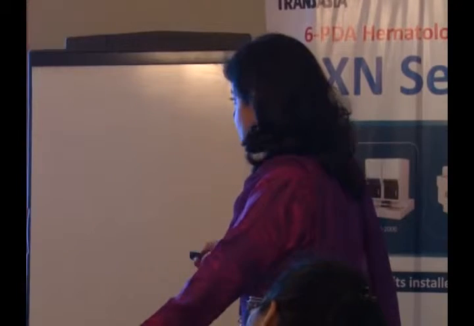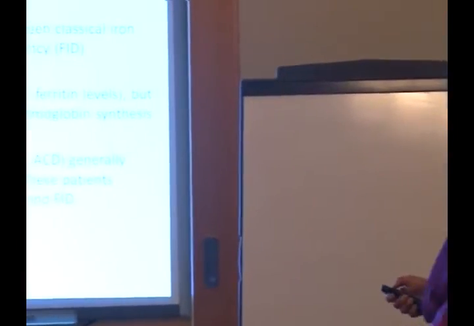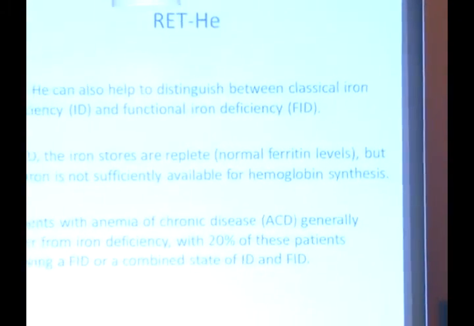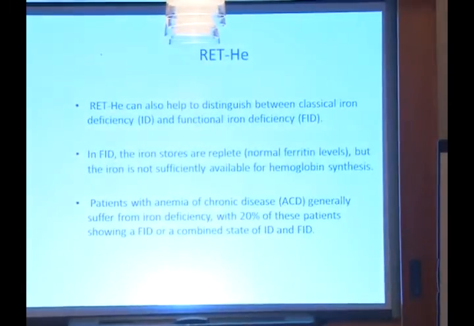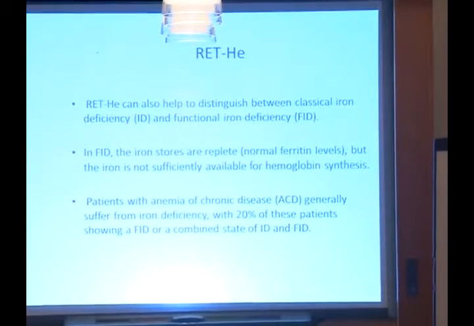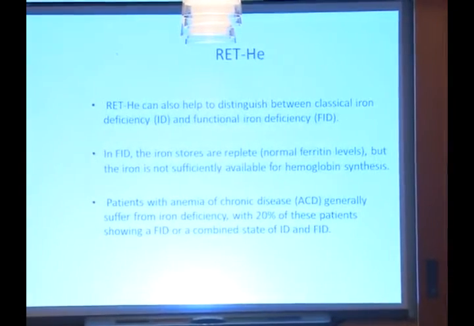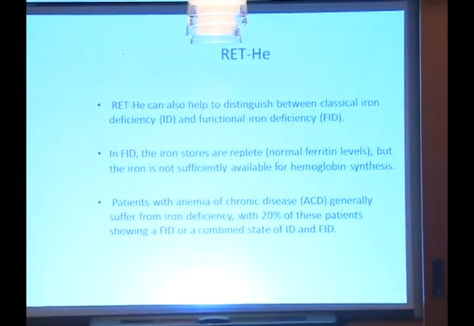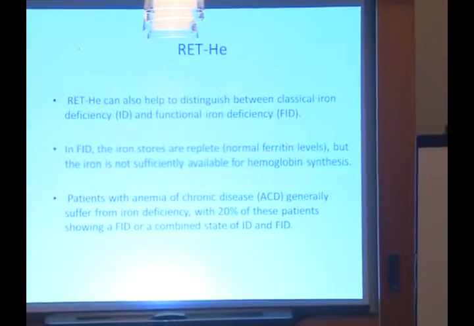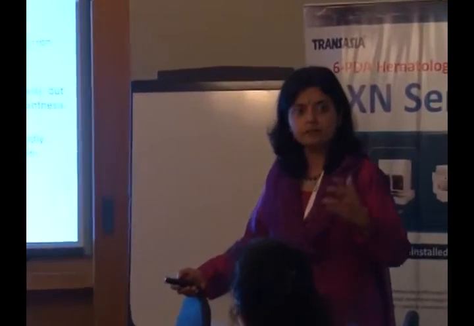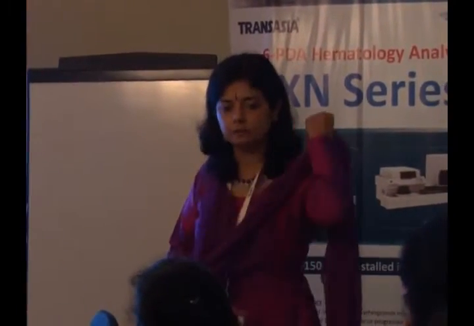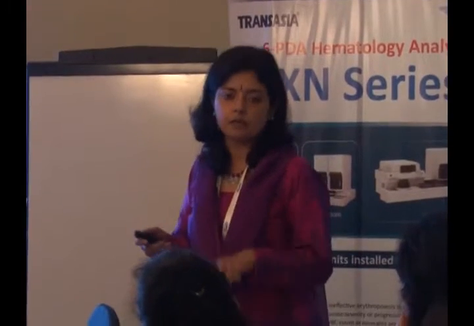Another important concept I'll just mention is the big story about hepcidin. I don't know whether you know, hepcidin was earlier just an inflammatory marker, but now if you Google hepcidin, there's a maximum amount of research on it. It is the molecule involved in anemia of chronic diseases. There was a New England Journal review, I think 10 years back, entirely on hepcidin. Hepcidin is a protein synthesized in the liver, which is very important for iron transport, if you understand iron metabolism.